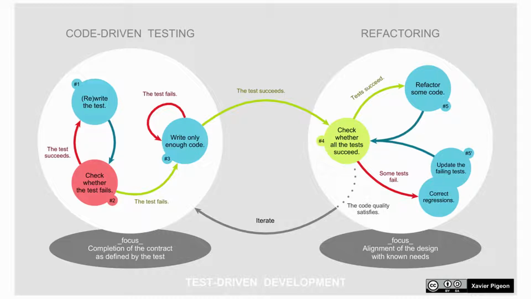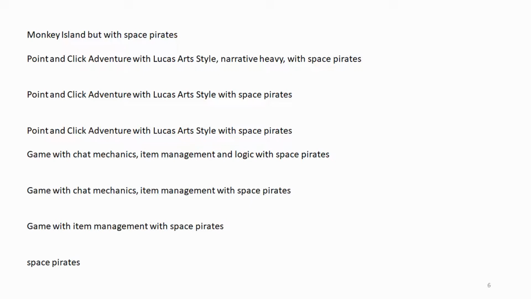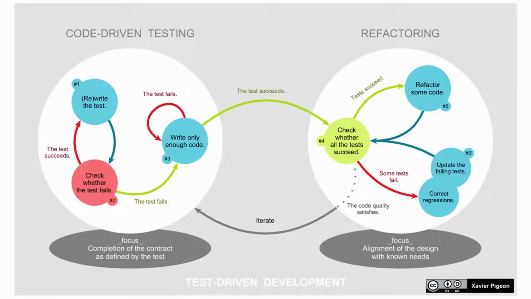So I just want to say, when we are doing our program, we always want to check that nothing from the stuff that we did before failed. So we should always have a game with item management. We always want to have the game with the chat when we implement the logic. This should not break. And this is something that we just check at the 4th step. So after we first know that this logic step worked, the logic mechanic is in, then we're going to check all the other steps. The focus is different.